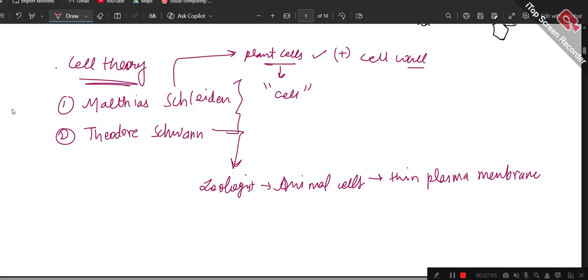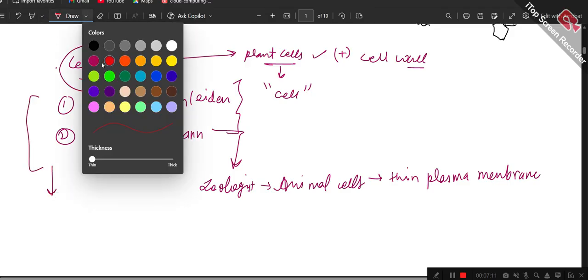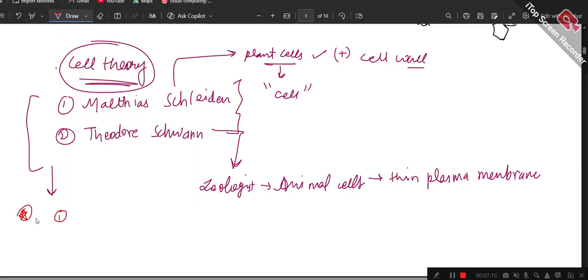Now, then they came together and together they formulated what we call the cell theory. Fine. So what does cell theory say? There are basically three very, very important pointers. First one being that all the living organisms are composed of cells and the product of cells. I'm just saying it out loud so that you guys can write. Secondly, it said that all the new cells arise from pre-existing cells. That means there needs to be